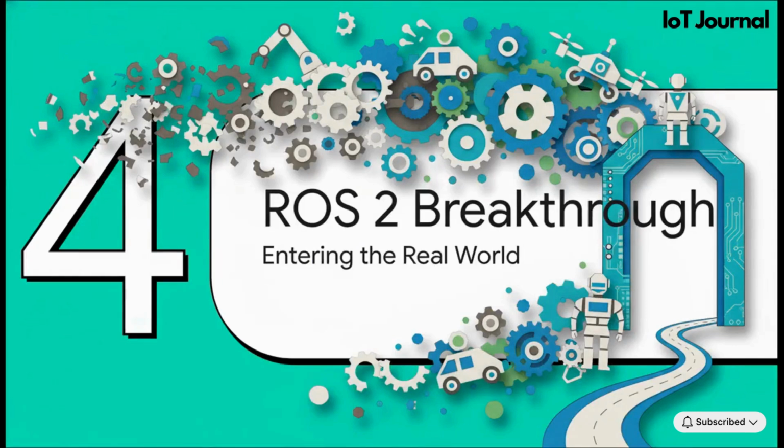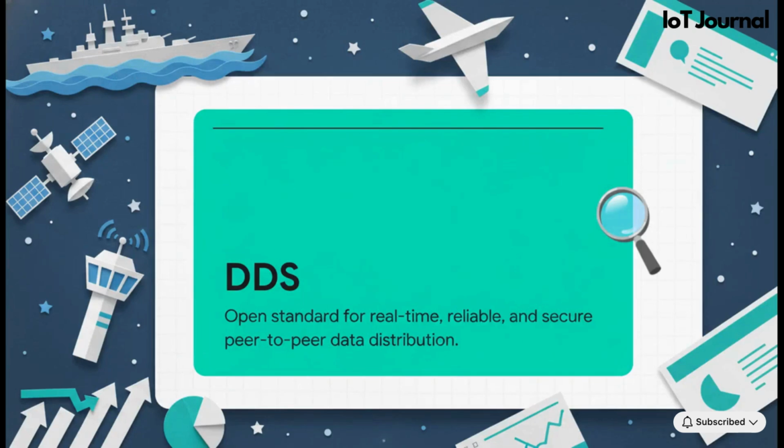All right, let's turn the page to Section 4, the ROS 2 breakthrough, entering the real world. So the developers knew they had a massive problem on their hands. Recognizing these fatal flaws, they made a really bold choice around 2014. They didn't try to just bandage up ROS 1 with a few patches. Instead, they initiated a massive, ground-up architectural overhaul to build a system that could actually survive and thrive outside the